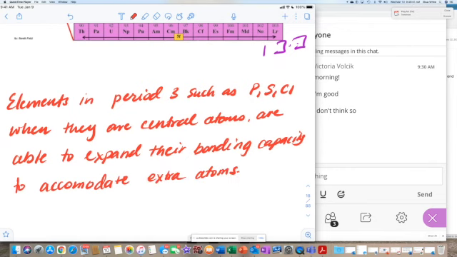Okay, so when I was learning this in school, it took me a few tries to really understand this,